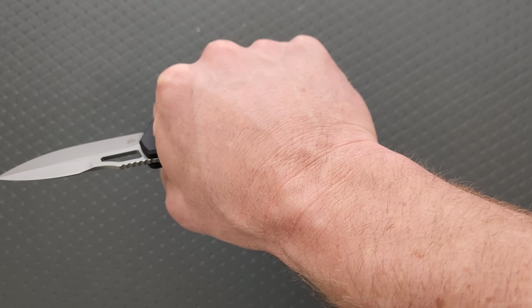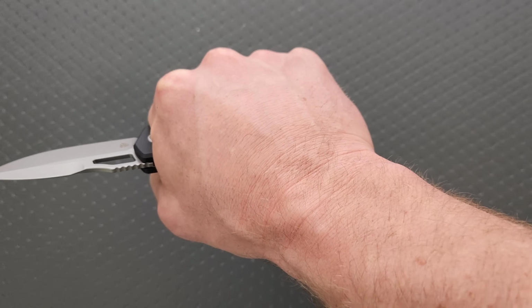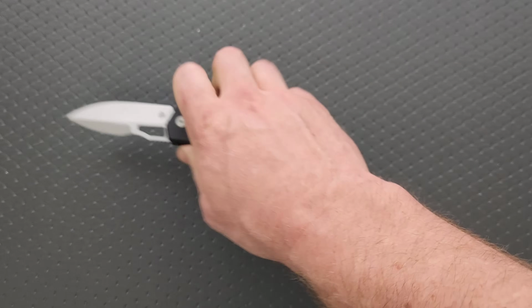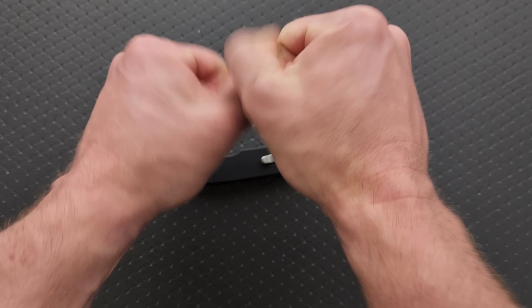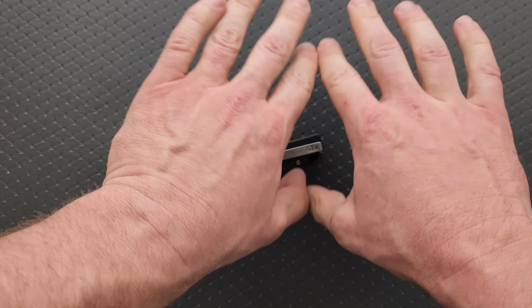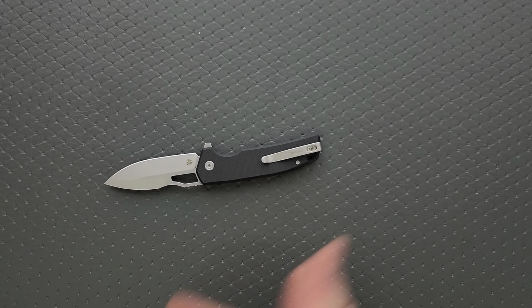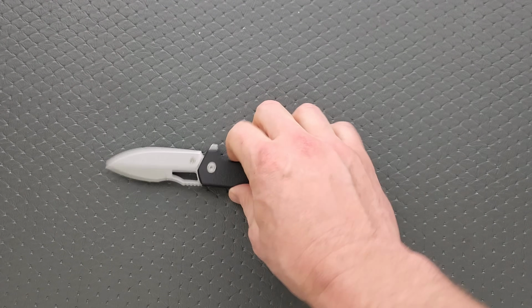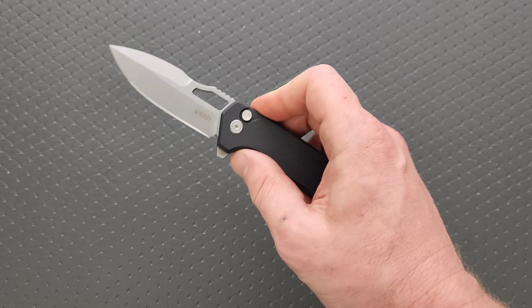Somebody told me that my fist to wrist ratio is lumpy. Is that what's wrong with my fist to wrist ratio, huh? What's wrong? I don't understand why you say that, huh? Y'all don't say that. Anyways,